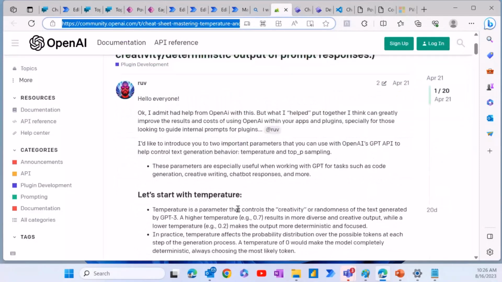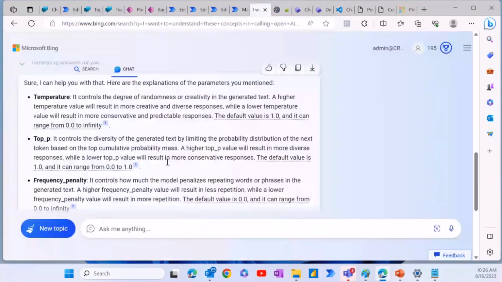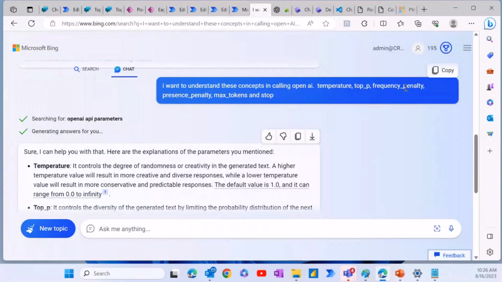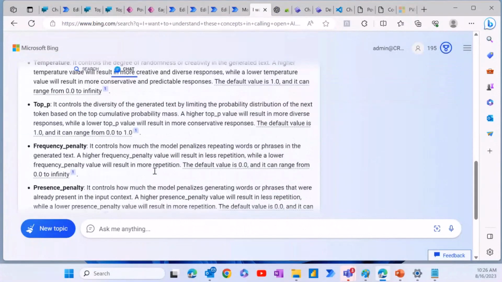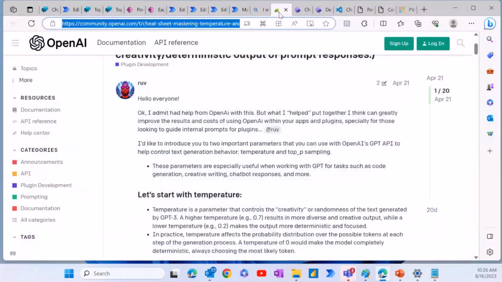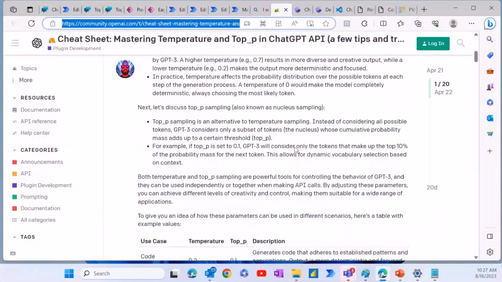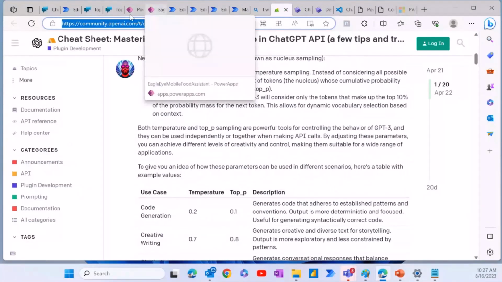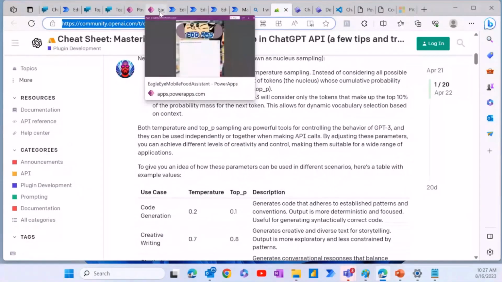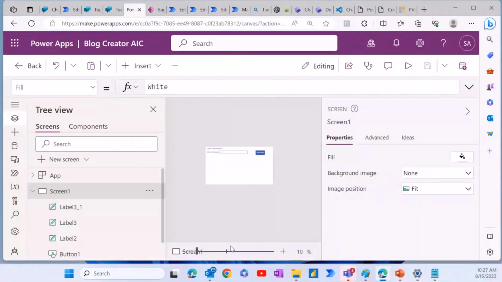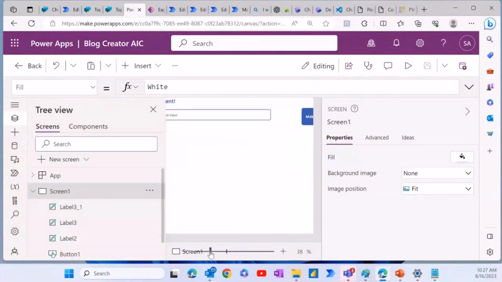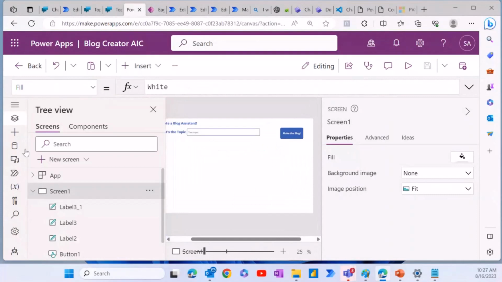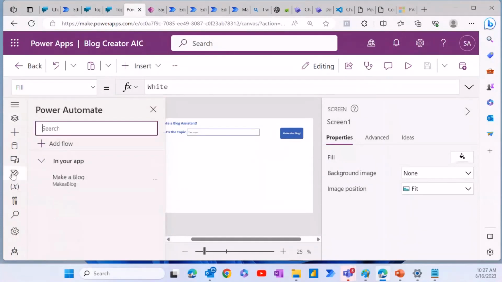You saw all those little settings. I basically asked my AI master, hey, what do those things mean? Top penalty, AI temperature, and all this stuff. And it gave me that, which leads to this link right over here. So while I'm waiting for that, I have that information for you. Let's go back and see if this guy opened up. Yes, he did. So my blog creator over here, in this particular case, the way to get to the apps,